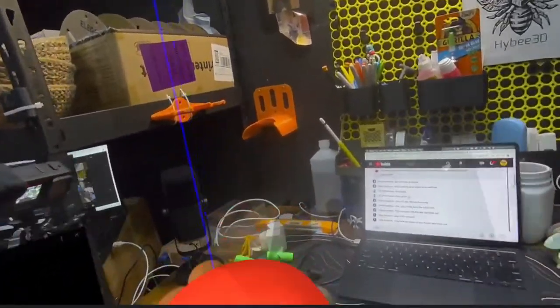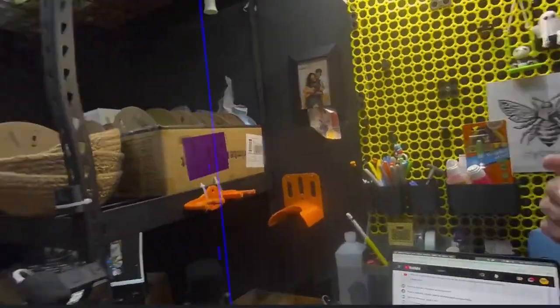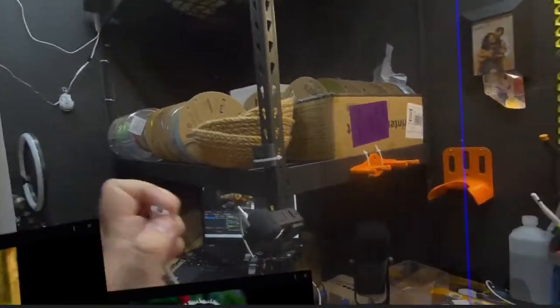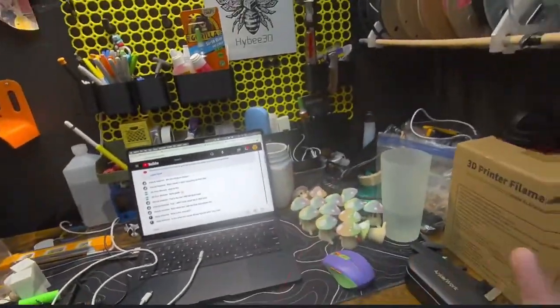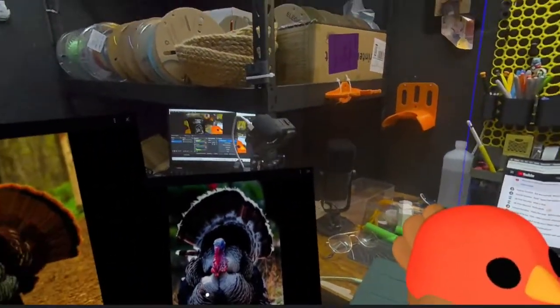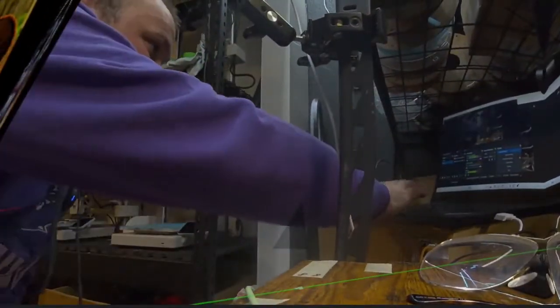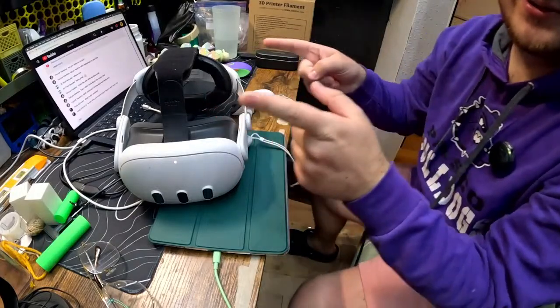Headset battery is low. Oh, we hate that. We hate to hear it, folks. That is not what we like to experience. So I'm going to be right back and grab my longer USB-C cable so we can keep going. You can enjoy the outside view of my Oculus here while you wait.